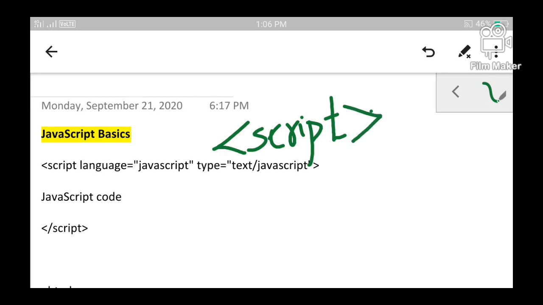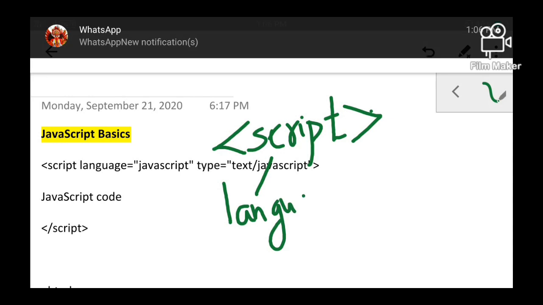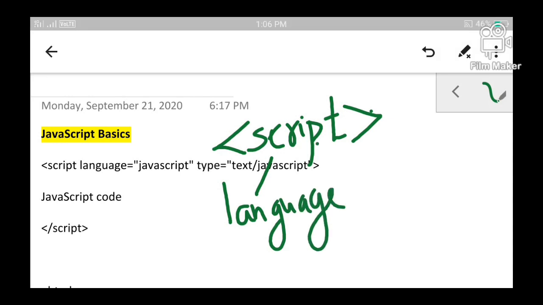Now this script tag has two attributes. The first attribute of the script tag is language and the second attribute is type. Language should always be set to JavaScript, and type should be set to text/JavaScript.